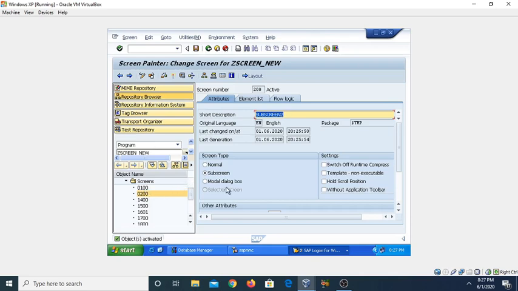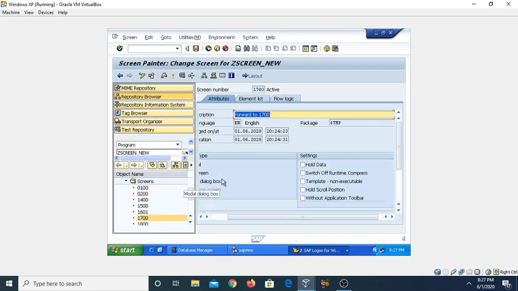Now in the previous video I have told you how we can call this subscreen, and it is a must to create or call the subscreen in both of the modules of the main screen, and the main modules are PBO and PAI. So double click on the main module and go to the flow logic.